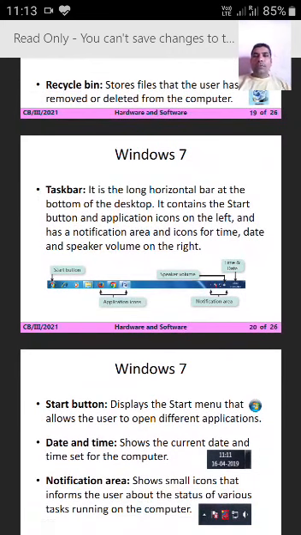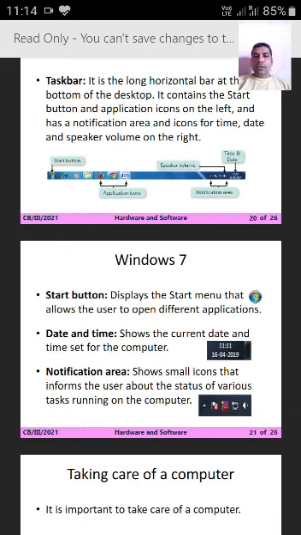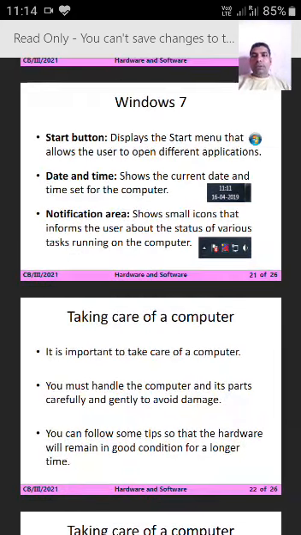Now, taskbar. It is the long horizontal bar at the bottom of the desktop. It contains the start button and application icons on the left and has a notification area and icons for time, date and speaker volume on the right side. Here you can see the image of the taskbar. Let us see one by one. Start button.